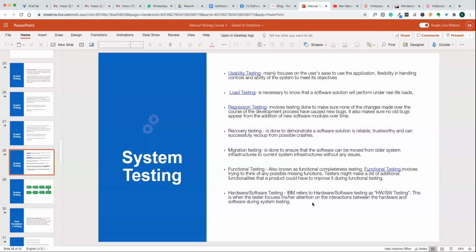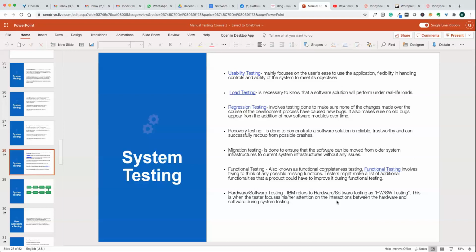Then hardware and software testing, right? Basically, if you take a web application, it should work on Windows, Mac, or maybe on mobile devices as well. So we're going to test on all the different hardware and software devices, right?